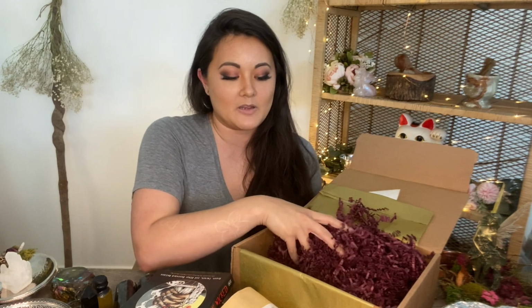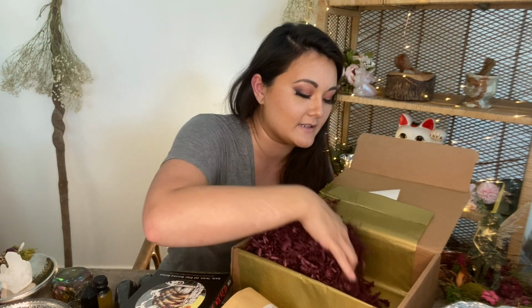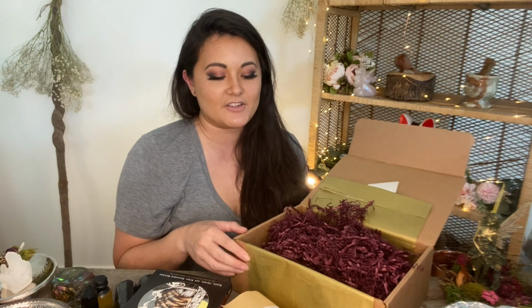So very important to know in general how to break those curses and hexes. So very excited to get into this work just for protection reasons. So that is everything in the box. Let's get into our pamphlets. Okay, so